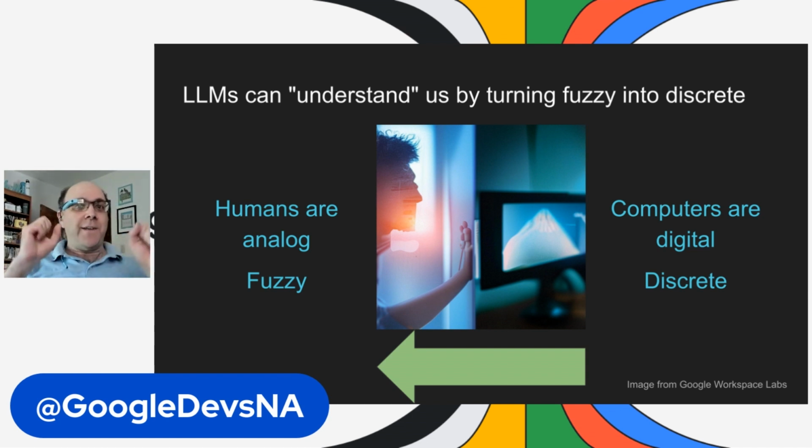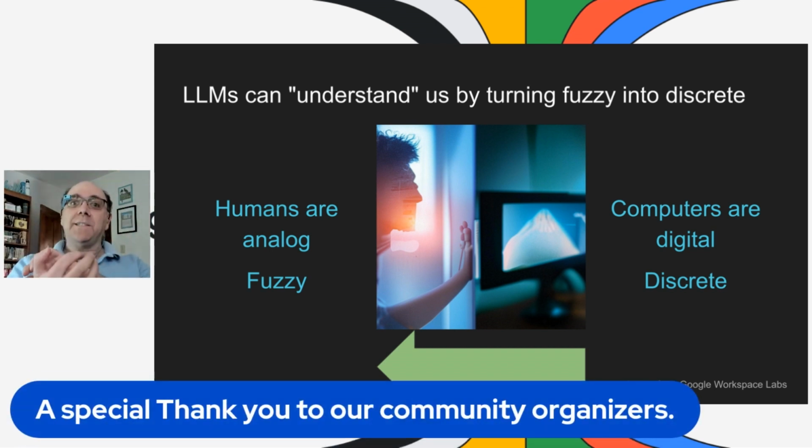LLMs can understand, and I put that very carefully in quotes here because I know the significance, but LLMs understand us by taking our fuzzy notions, by taking the things that we are vaguely expressing and turning those into the discrete sets that it knows how to deal with, values that it knows what they are and what they mean and how to work with them, that turn them into numbers that it can compute how close things are. That gives us an incredibly powerful tool that for the first time, we no longer have to teach people how to do something.